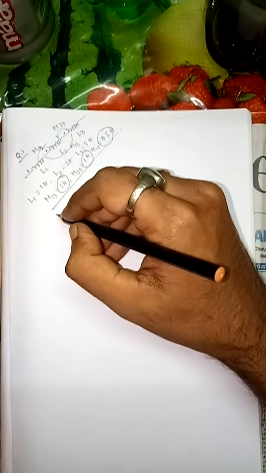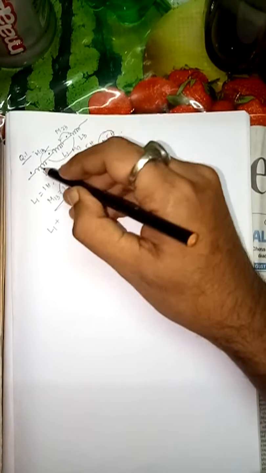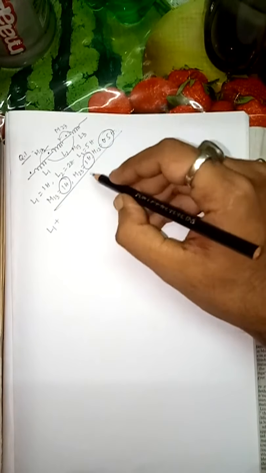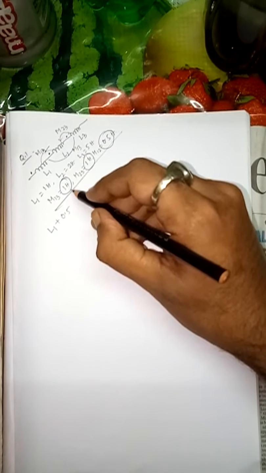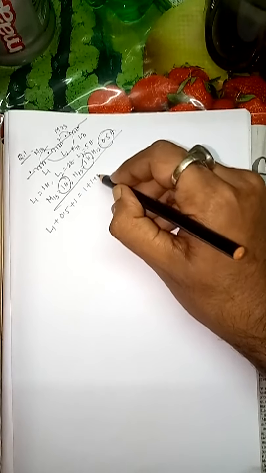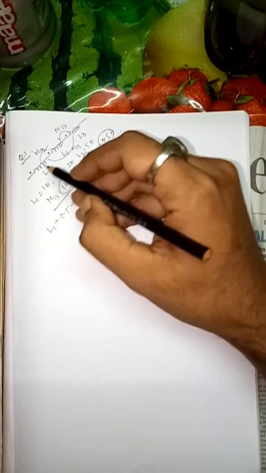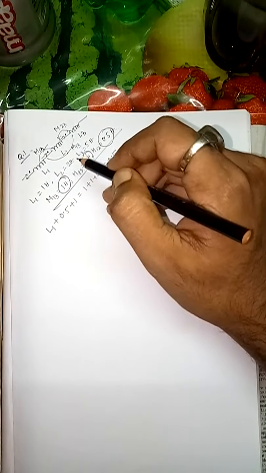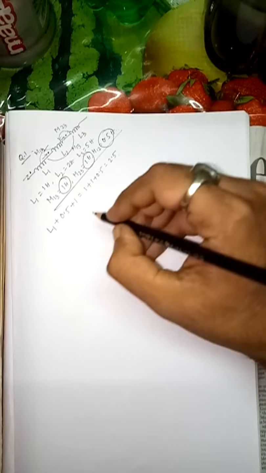So what is the inductance value for L1? It is plus those mutual inductances, 1-2 and 1-3. What is 1-2? 0.5. What is 1-3? That is 1. And L1 is 1. Now 1 plus 0.5 plus 1, so it is 2.5. Now why am I adding this? Because the dot convention shows that if the current takes this direction, all are entering the dot. This particular problem can be asked in a different way also.